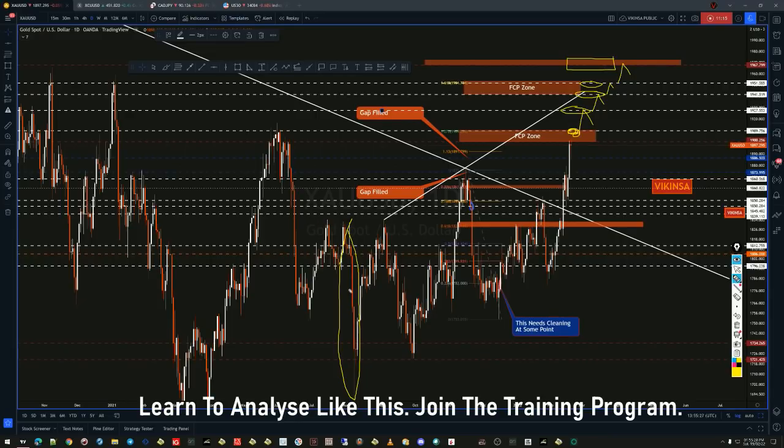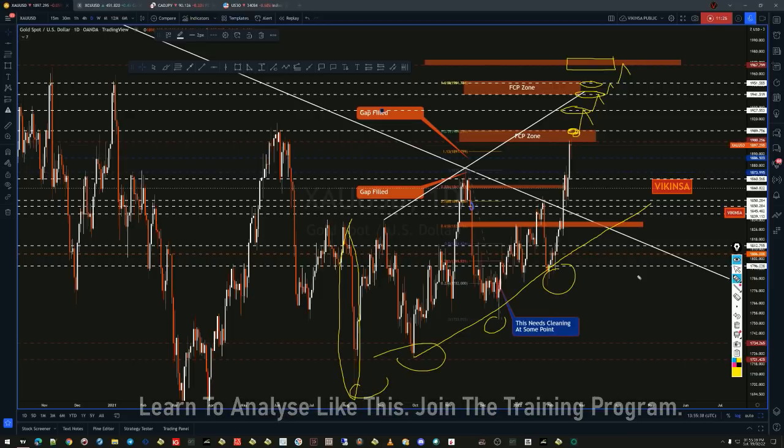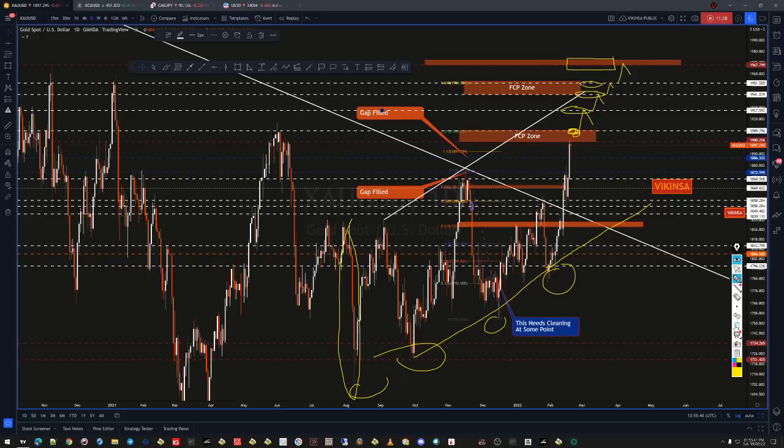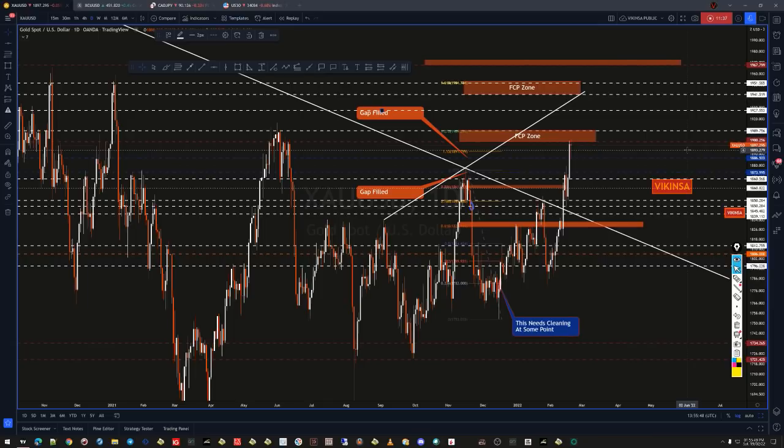Okay, but remember what I just mentioned, there is a possibility that this sort of move can happen suddenly, because they will try to grab the liquidity which has been built around this trend line, this area, this area, this area, and this area, right? All of this is available for grab. So make sure that you are trading one step at a time, and you're not just following your bias. Stay objective, just watch the chart, analyze the chart multiple times, and then see what the market has been doing.